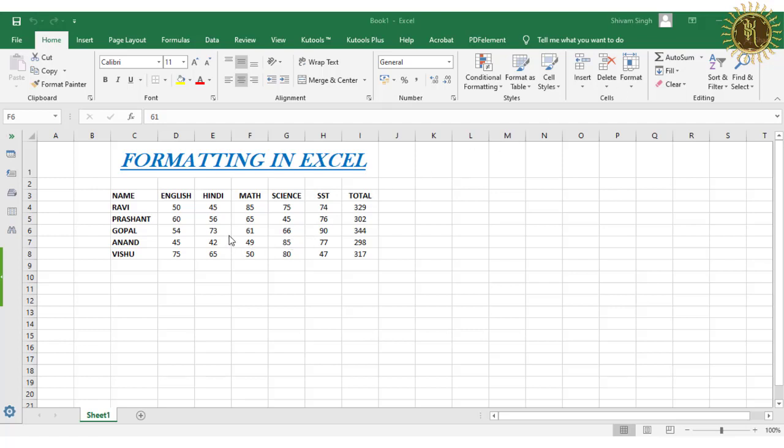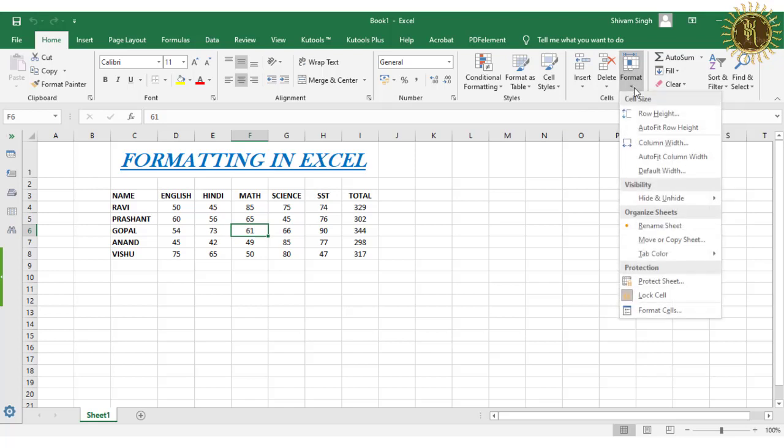For this, first you have to select the cell whose height you want to change. After selecting that cell, go to the format option, click here, and a drop down menu will open, and here you can see two options, row height and auto fit row height.